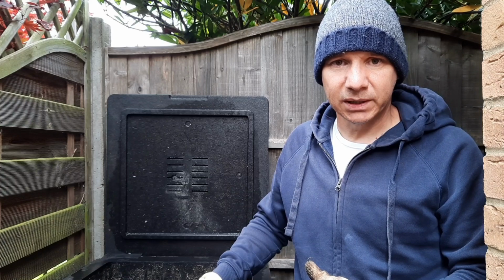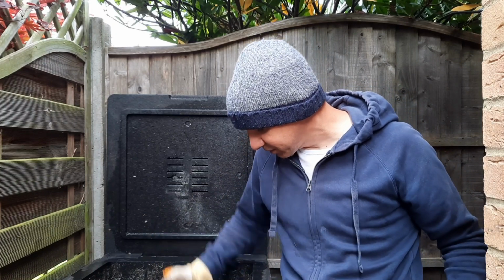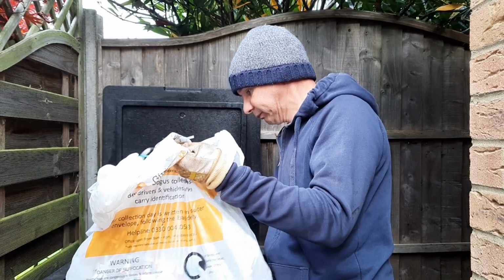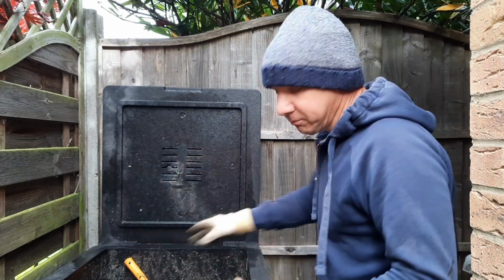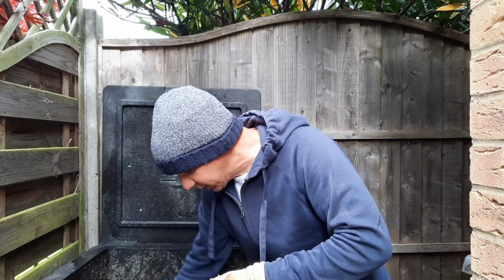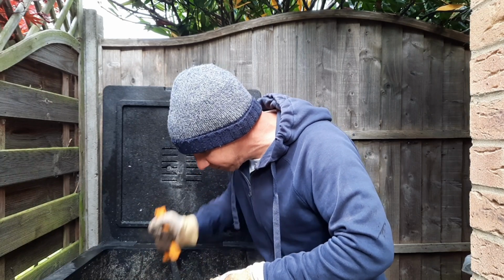So I'm going to add in some more bulking agent just to try and revive this and get it up to temperature, and I'm going to add some more paper and cardboard. Although it's not really that wet, there's still some grass there that has got a bit of moisture in it, so I'm going to add some more paper and bulking agent. But as I'm stirring this, I can feel the heat is there and I can feel the bin wants to come back to life, so hopefully this real good stir up and adding some more paper and bulking agent is going to be enough to resuscitate it,